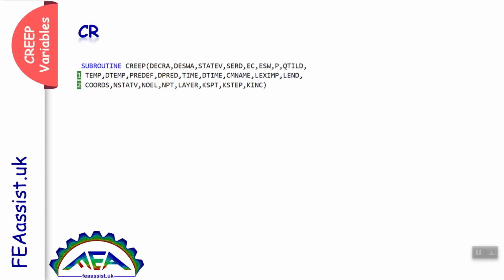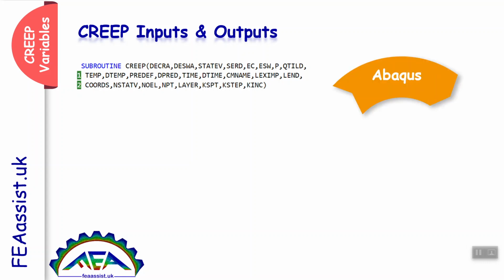CREEP variables. The CREEP subroutine has some variables, some inputs and some outputs. Some of these variables are inputs from Abaqus, and in the CREEP subroutine we do some calculations on them, we process them, and we return the new values to Abaqus. Indeed, Abaqus computes the variables,